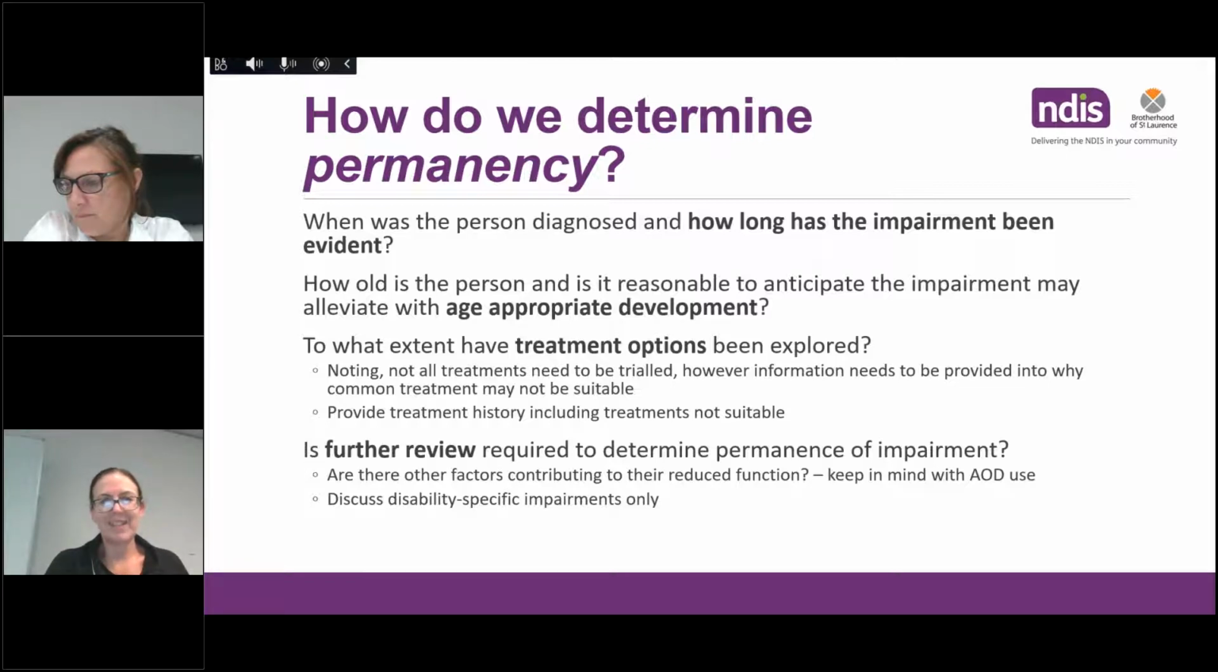Okay, permanency, I suppose the term is relatively self-explanatory. The form does go into the information about how long you've known the person who you're completing the access request form for, how long their impairment has been evident. The age of the person is taken into account in some of these things in terms of appropriate development. One of the examples that we would see from time to time particularly is around psychosocial diagnosis or mental health diagnosis, particularly if someone's quite young,